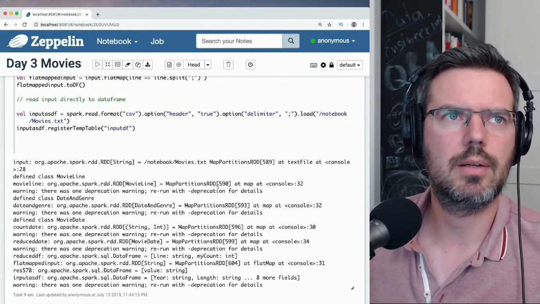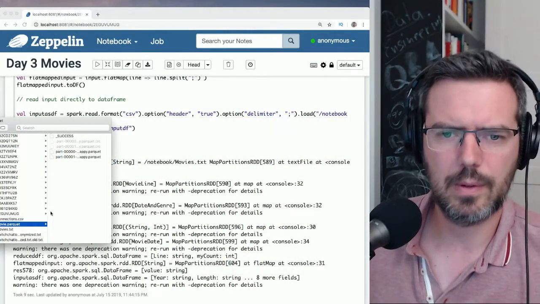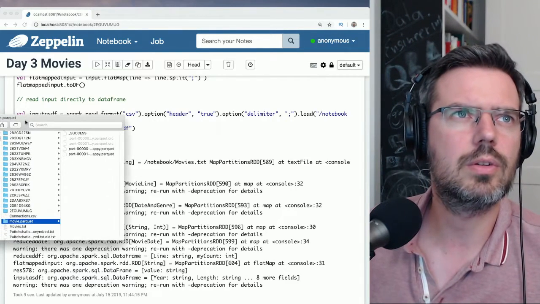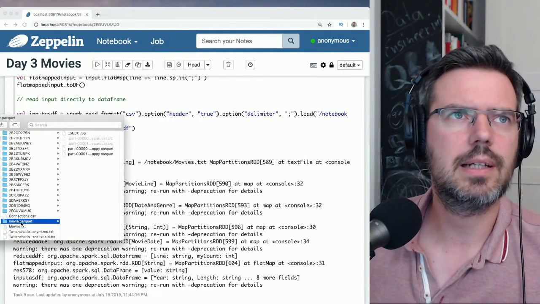Let me check my folders, if I can already see something. So what I can see here is a folder called movie.parquet.